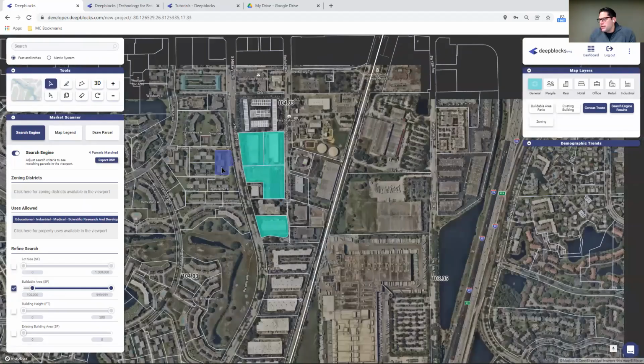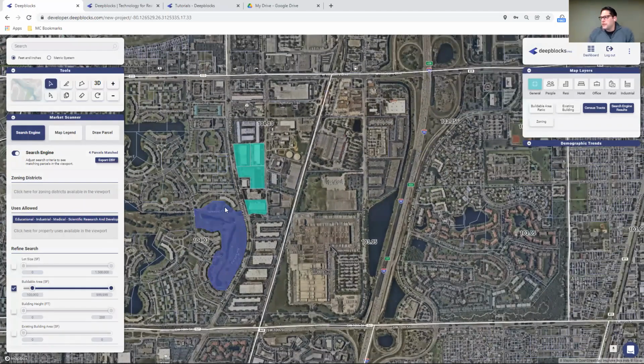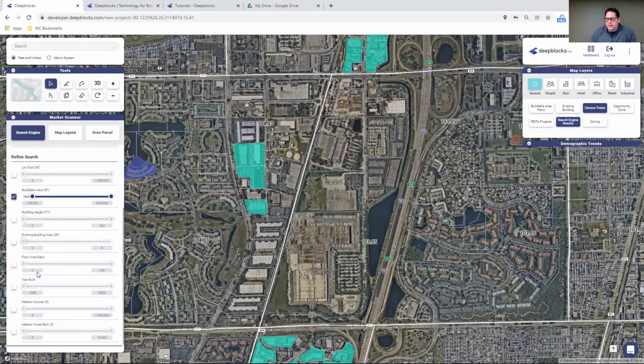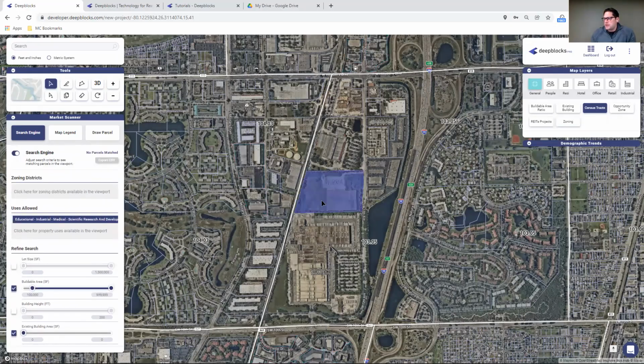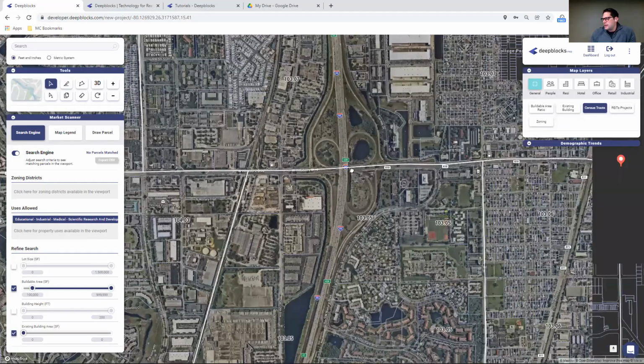Zoom back out. And the goal here is, again, we're trying to go through different parts of Deerfield Beach, looking for sites zoned for industrial, meeting my minimum requirement of 100,000. I want to see if I can find any vacant land in this particular area. And right now there's none matching here. So see if anything comes up.